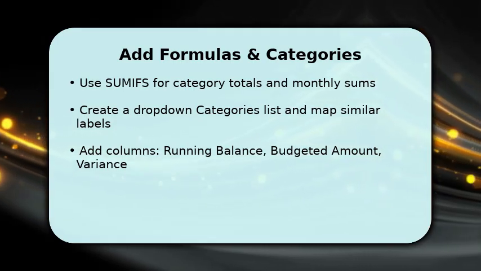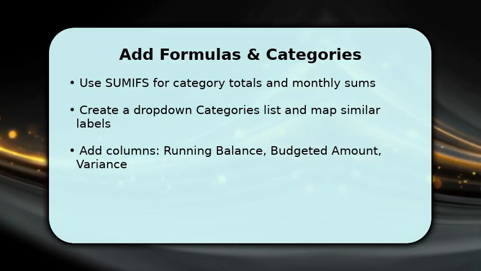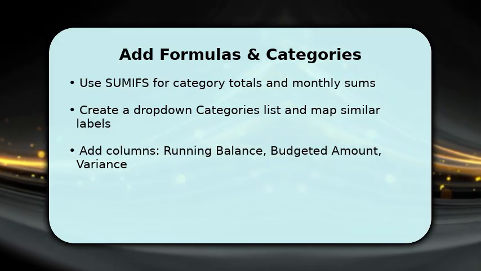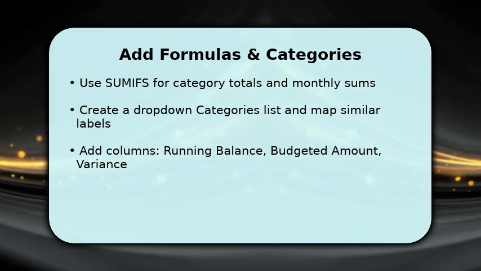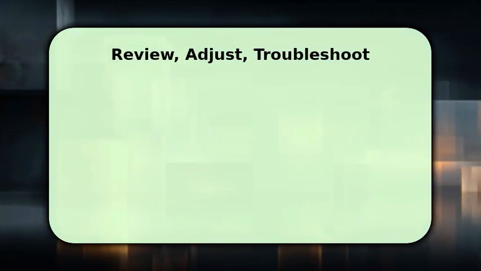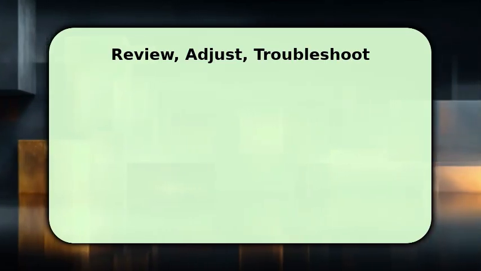Add running balance formulas to track cash flow and a budgeted amount column next to actuals to compute variance. Once these are active, add conditional formatting to highlight overspending so problems stand out immediately. Finish by creating a compact dashboard showing totals, percent spent of budget, and top categories so you can make quick